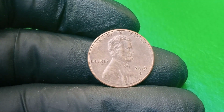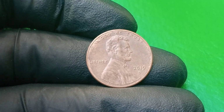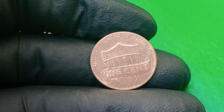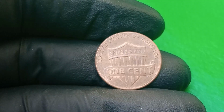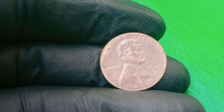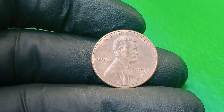2019 D1 cent coin. Today's deep dive into perhaps the most fascinating coin story of recent years, a story about obsession, rarity, errors, value, and a modern numismatic miracle. Thank you for joining me as we unpack the mystery, the errors, the mistakes, the drama, and ultimately why a 2019 D1 cent coin could, hypothetically or in rare true condition, fetch as much as $6 million, and why collectors, experts, and the curious alike are spellbound by